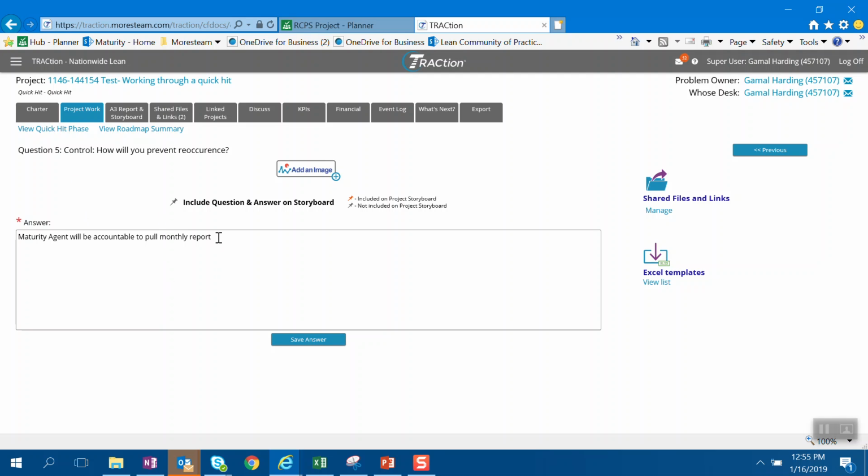And if they haven't, or they're not seeing that, or they're observing that, then this is something that they'll have to bring back up, right? And so that's how you document information for a quick hit. The other thing that I'll highlight as we go through this video is utilizing the A3 report and the storyboard